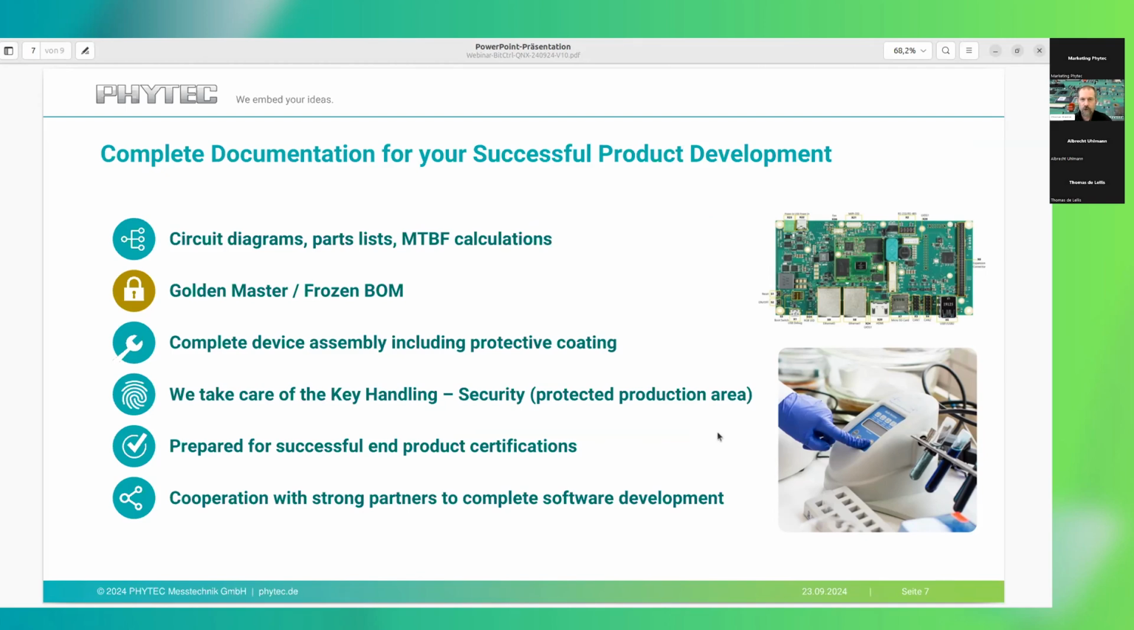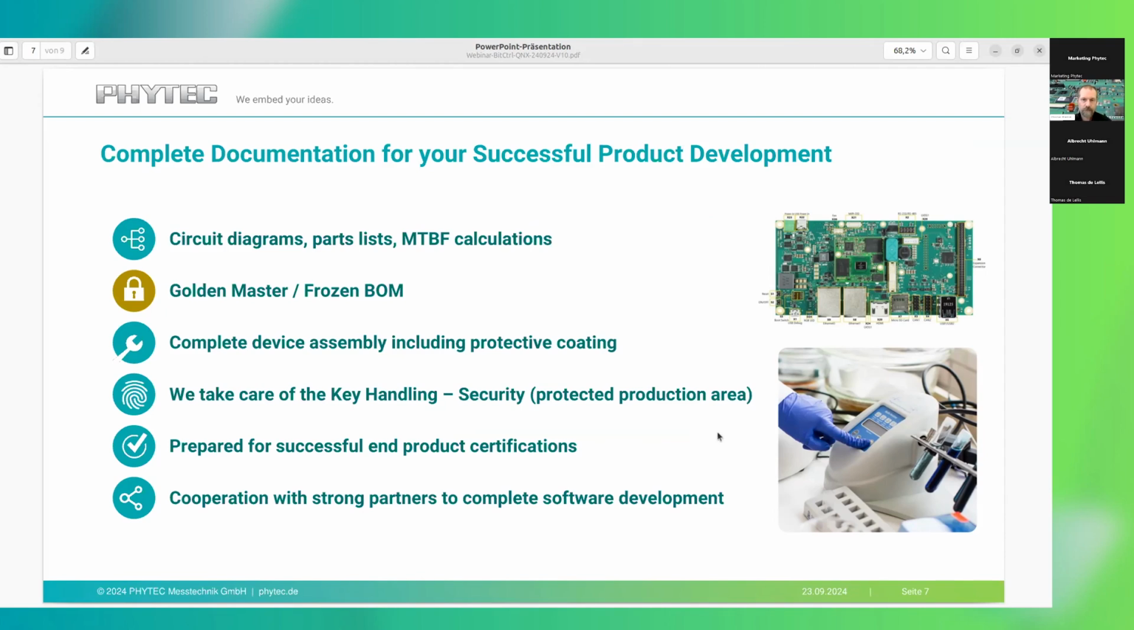Very important, of course, in this session is the trust, the security. So we are very proud of doing all the key handling for our customers in a specific protected area. So you can be absolutely sure that the keys you provide us with are only handled by the people necessary